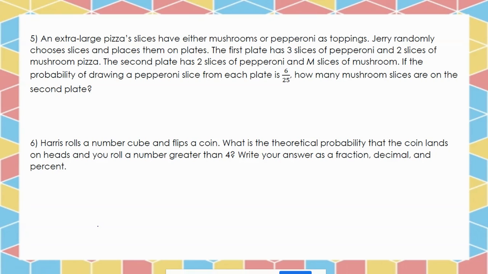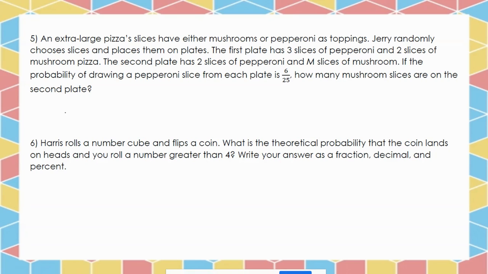have either mushroom or pepperoni as toppings. Jerry randomly chooses slices and places them on plates. The first plate has 3 slices of pepperoni and 2 slices of mushroom. The second plate has 2 slices of pepperoni and M slices of mushroom. If the probability of drawing a pepperoni slice from each plate is 6/25, how many mushroom slices are on the